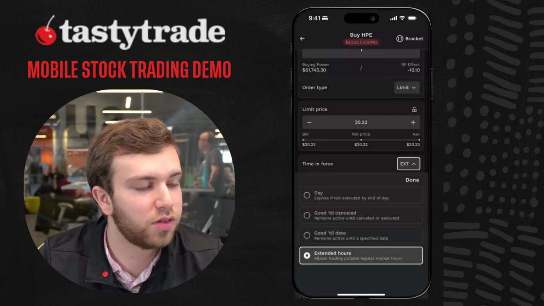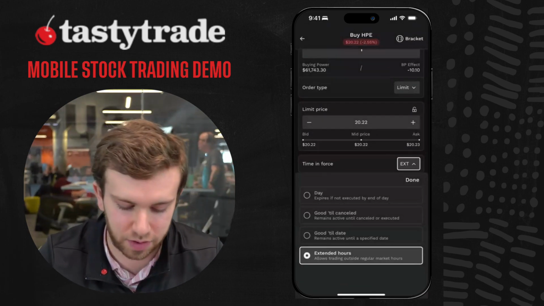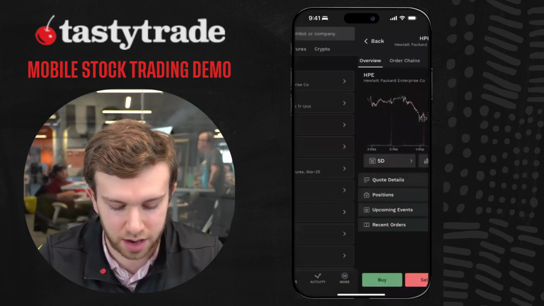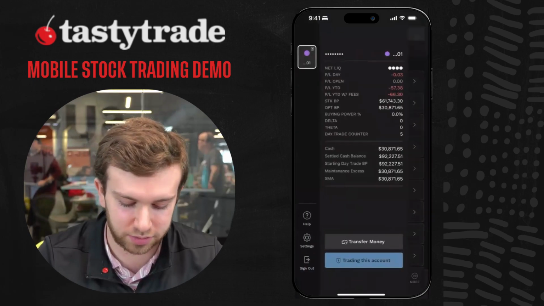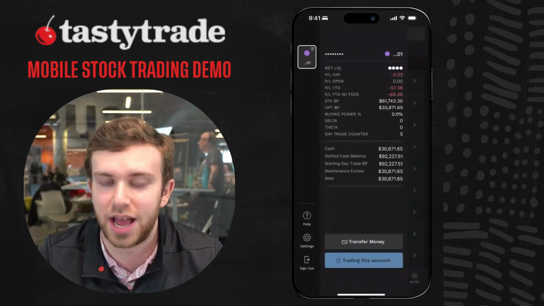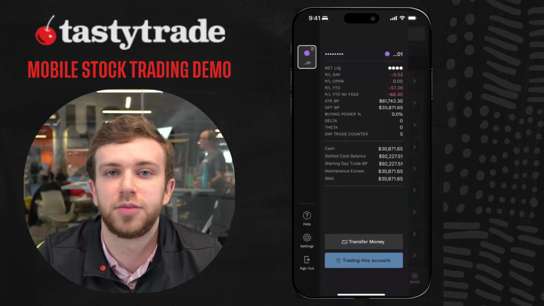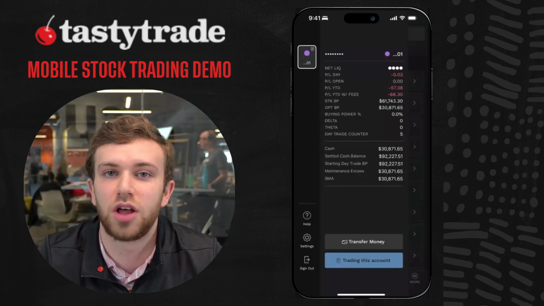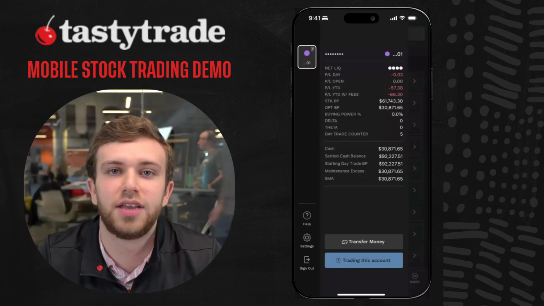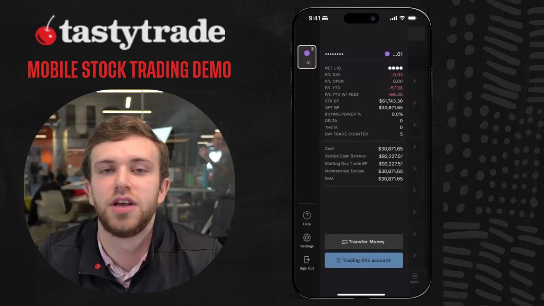And then if there's no other questions, I just want to mention the funding piece. I'm not going to pull it up now because I can't click on it for compliance reasons. There's a bank account attached to this. But if you click on transfer money, it will pull up our funding page, and there you can enter just the dollar amount, hit confirm, and then depending on how your bank account is linked,